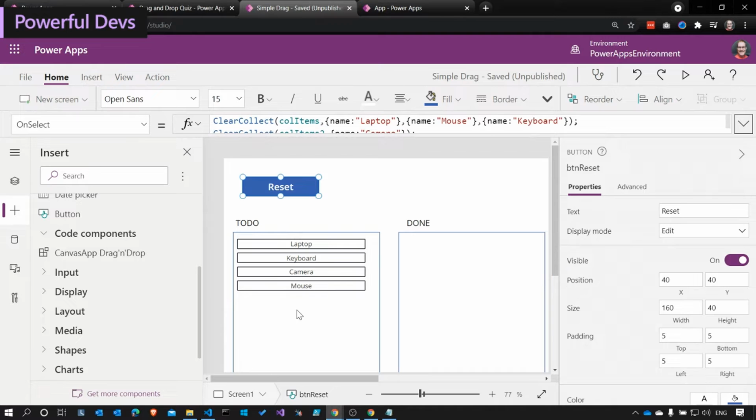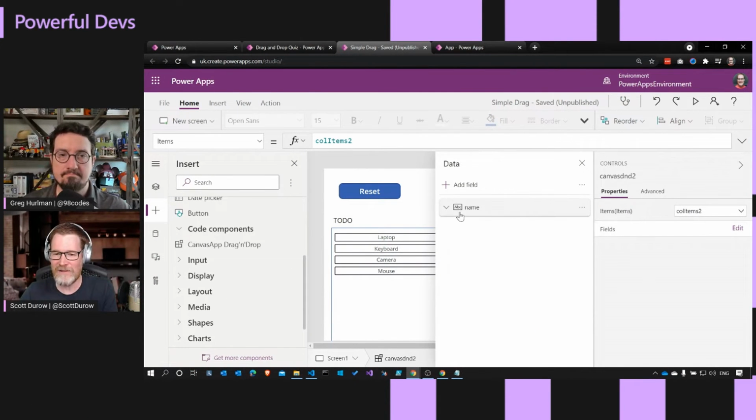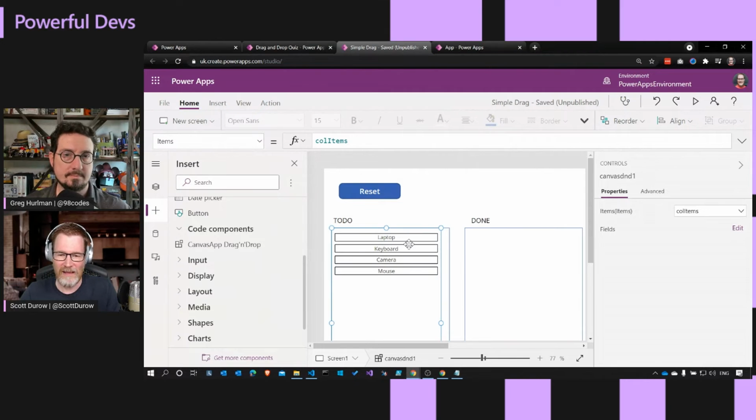So on the left-hand side, we've got a drag drop component, which is bound to col items. And on the right-hand side, we've got one bound to col items 2. And then we can define in the fields which properties of each of the items we want to show. Oh, fantastic. So the component does allow us to add multiple pieces of information if I wanted to. So in this case, I'm just showing items that I'm going to be cleaning,